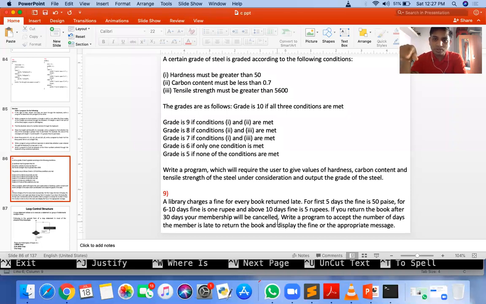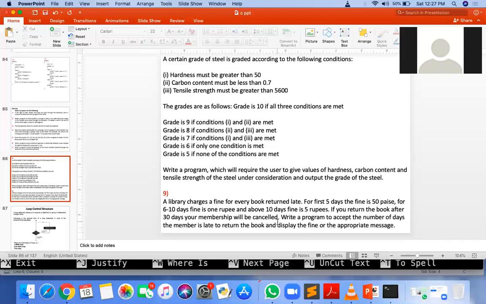So according to it, actually you have to do one mathematical formula and just convert that mathematical formula in your system. Sir, it's like each day it will increase, or for 6 to 10 days it's 1 rupee only? Yeah, each day it will increase. First 5 days is 50 paisa. If you are 30 days late, then for the first 5 days 50 paisa only, 6 to 10 days 1 rupee only, and above 10 days it is 5 rupees only. So sir, everything will be added? Yeah, each day, if it is below 5 days, then each day we should calculate as 50 paisa and then display the total amount. Yes.